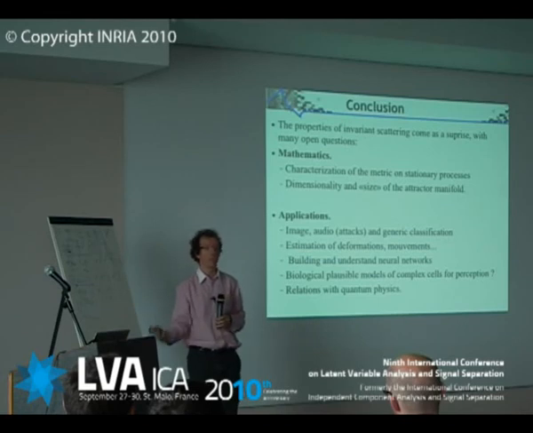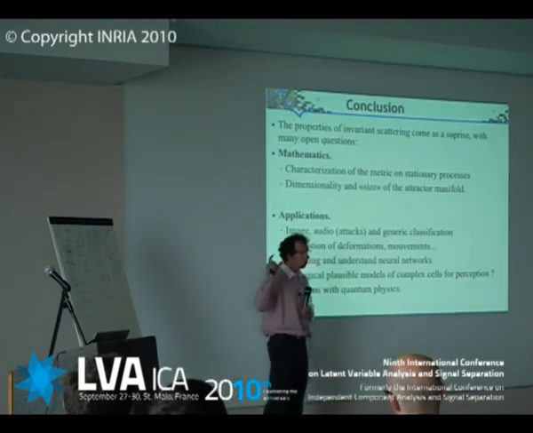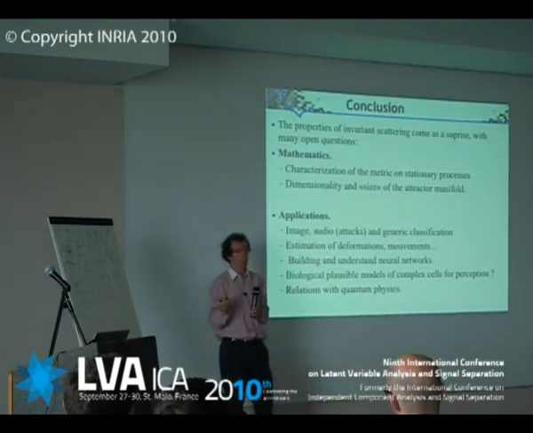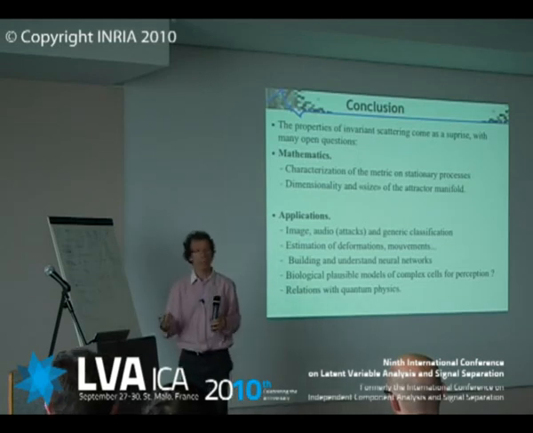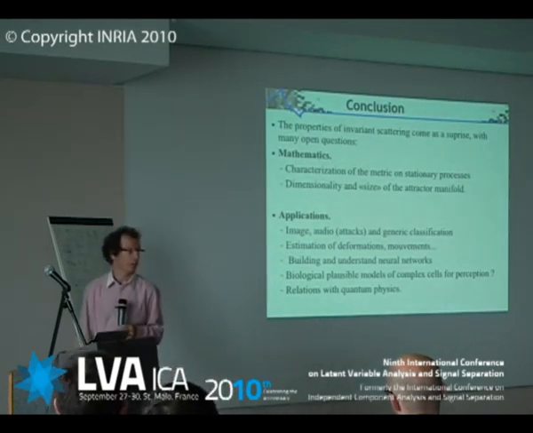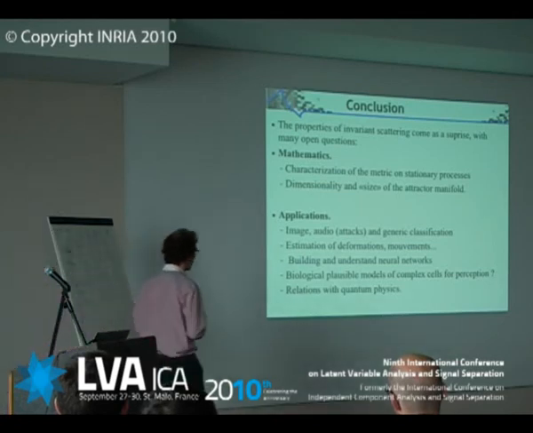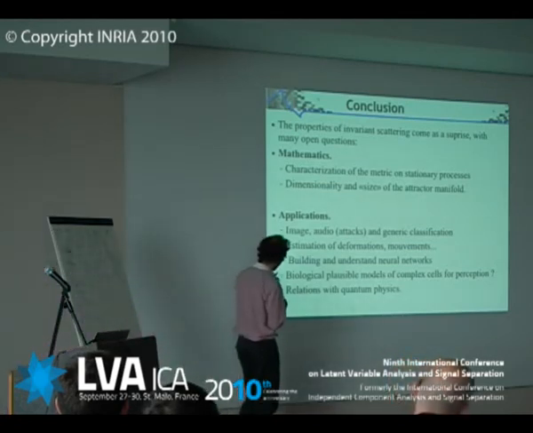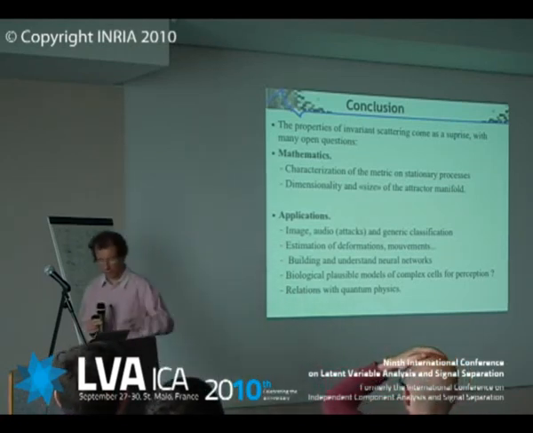Now there is a mathematical question. Is it possible to do it differently? In other words, is it possible to get stability to deformation, which we need for perception, and do a completely different strategy? If it's not possible, then there may be a chance that biology is implemented that way. And I'm still under the impression that it's very hard to do otherwise, but there is no proof here. And then, of course, relation with quantum physics, which is interesting, but that's another topic.